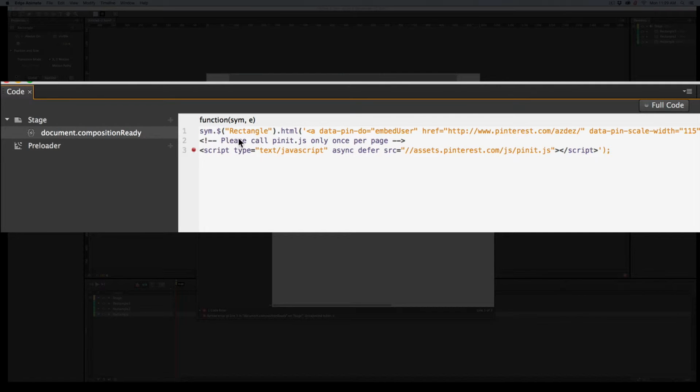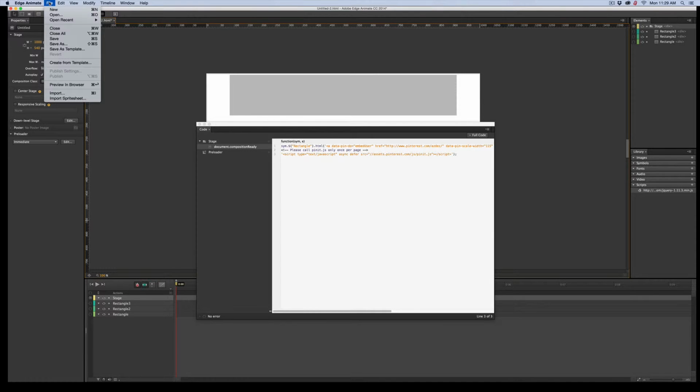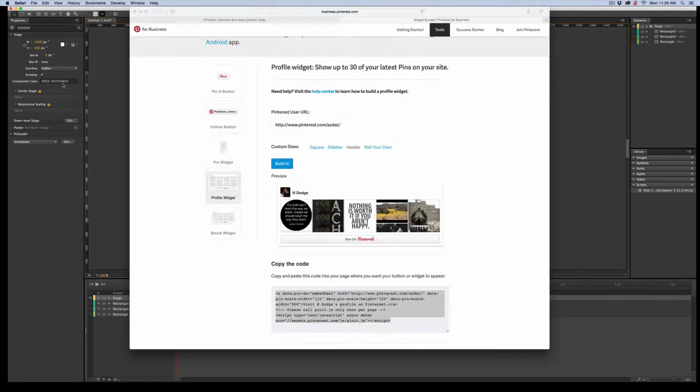But before we do that, remember this part here. Only call this once. So we're going to add this 3 times, so we're only going to need this script once. I'll put a single quote here. Everything turns orange that needs to be orange, and I'll go over and let's go preview in browser,